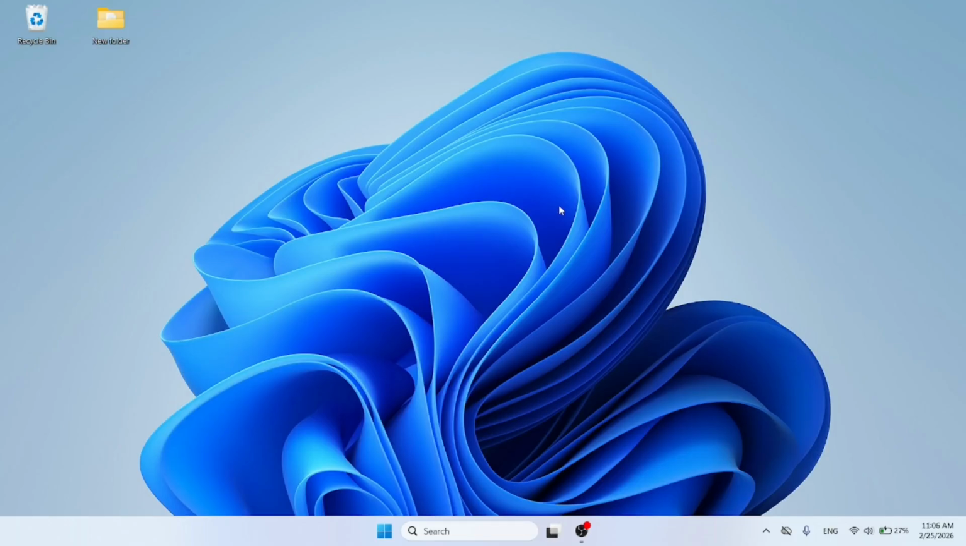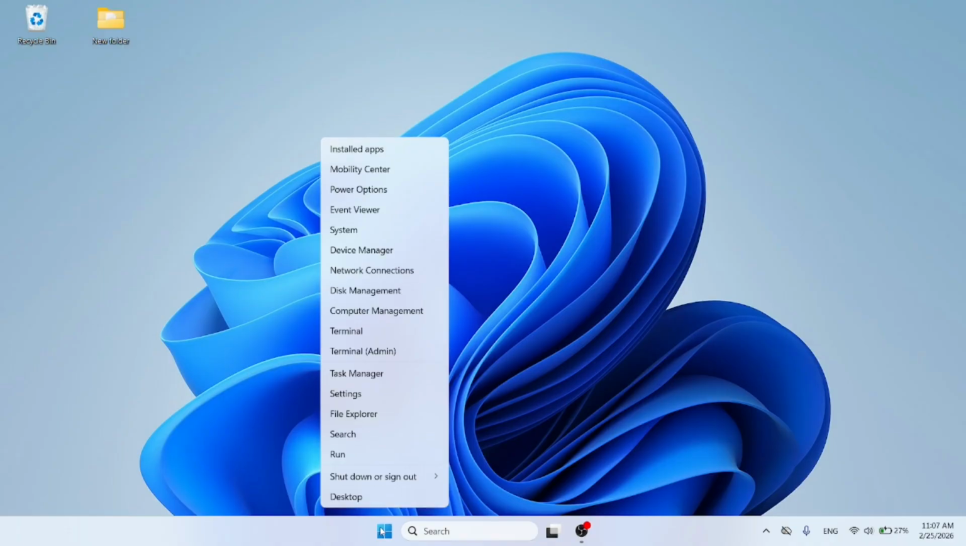Hi, in this tutorial I'm going to show you how to enable this PC icon on desktop in Windows 11. If you want to enable this icon, there is one really simple solution to do it, so I recommend you to try this method. So first we need to click right mouse button on icon fast start,